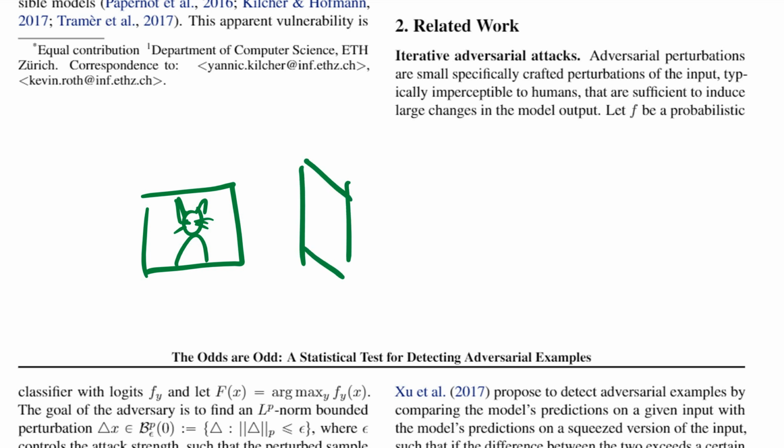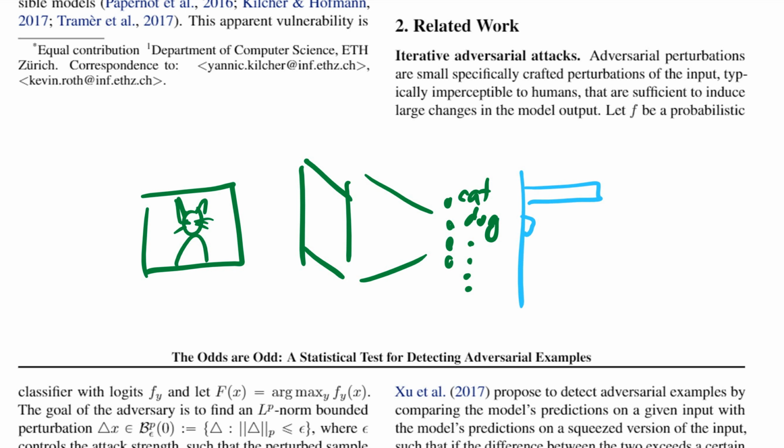So the classifier takes this image as an input, winds it down to some probabilities of classes: cat, dog, and so on. And it then gives you an estimate of how likely each class is, right? And so on. So what an adversarial example does is it changes this image and it adds